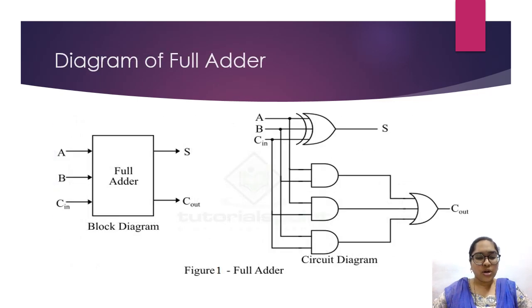So here we have the block diagram, which represents 3 inputs and 2 outputs. Here we have A, B, C as inputs and sum and carry as outputs. Now when we look at the circuit diagram, we have the 3 inputs as in the block diagram, and for the output sum we have an XOR gate, and for the output carry we have 3 AND gates connected to an OR gate. So let us look at the operation of this in the